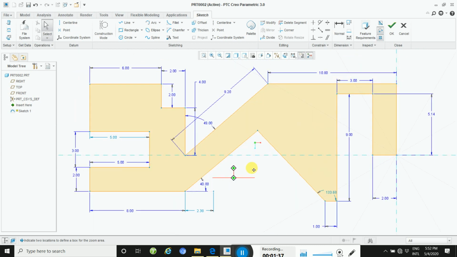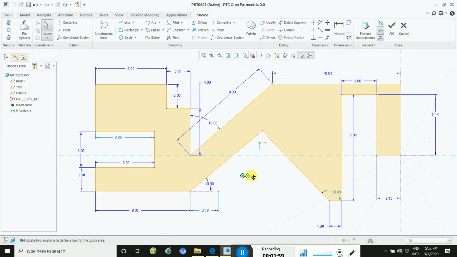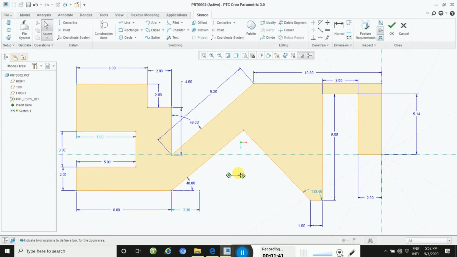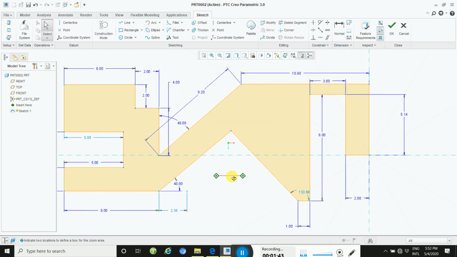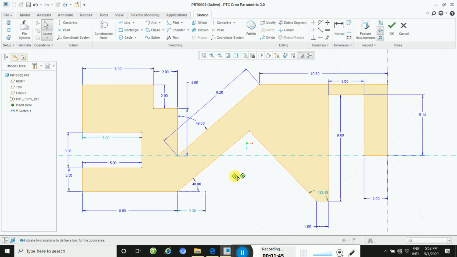This way you will zoom out, and then to drag, Shift plus mouse middle button. The orange area will define your drawing. No error. So take the dimensions.